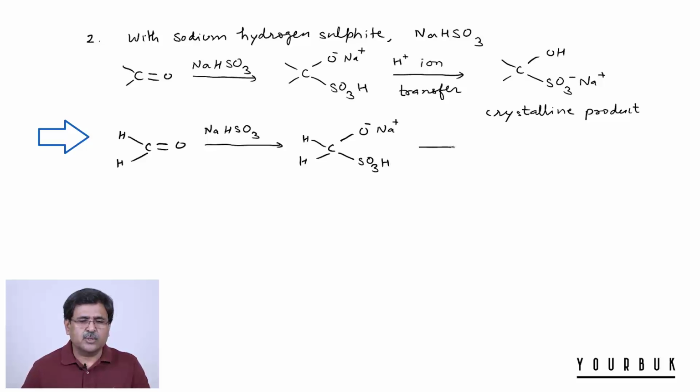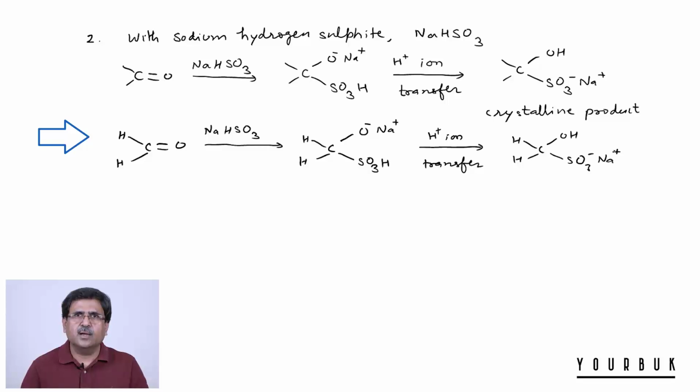and then transfer of H plus ion takes place. It gives this crystalline product. And the formation of this crystalline product is also used as a test for aldehydes and ketones. And this crystalline product can be converted back into the parent aldehyde and ketone by using hydrochloric